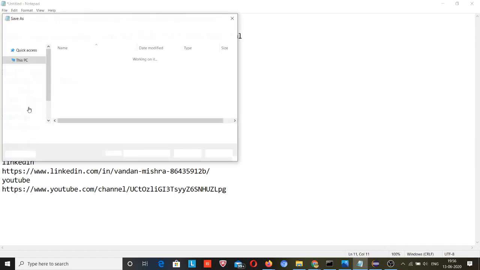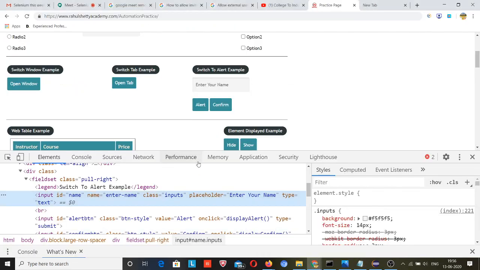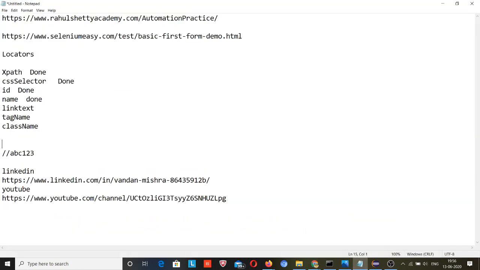So this is a very important type of locator. Let me show you a very famous interview question in Selenium. If you search Selenium interview questions on Google, then every web page which comes in the search results, if you go through that web page, you will surely find this question.